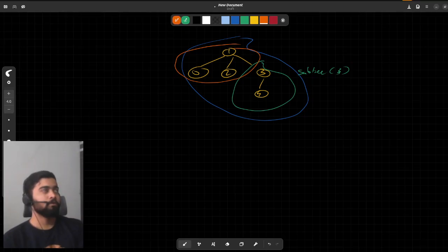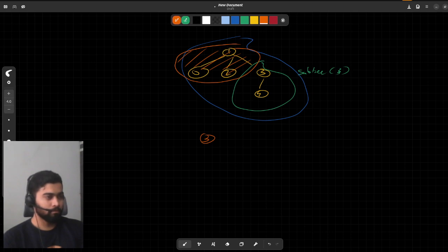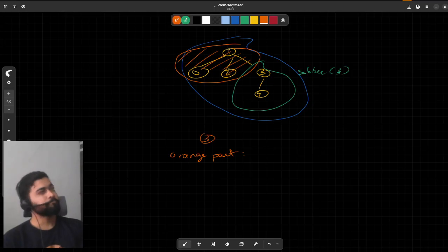Then for finding the answer for any intermediate node, let's say node 3, we need to take this part as well. And the answer for that part, let's say the orange part answer, will be calculated by taking